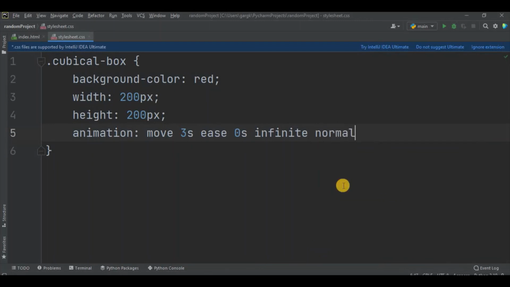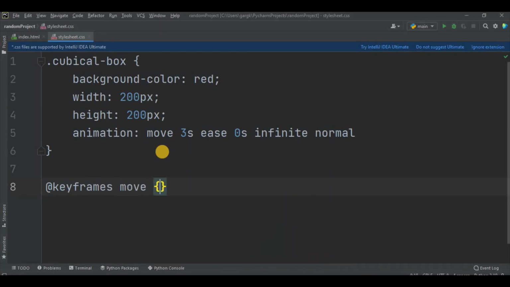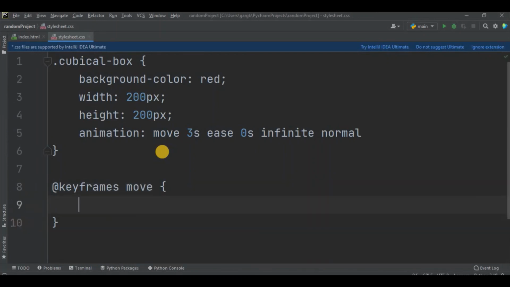Don't worry, we are going to define this move in just a second. So this was the trick I was talking about. I can put all the animation attributes in one line like this. Next we will define this move animation. For that I will write keyframes, move,